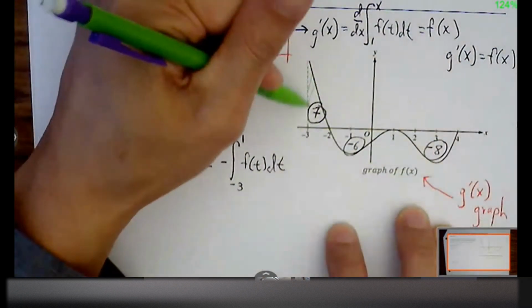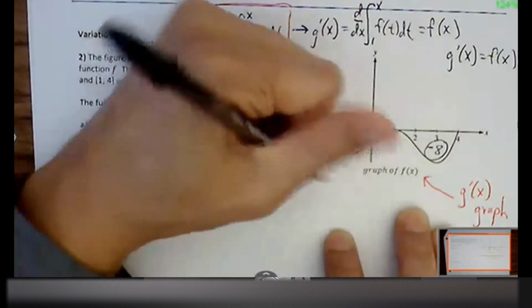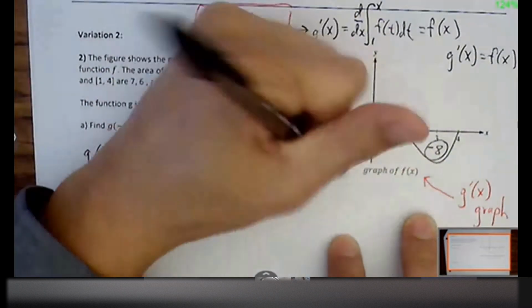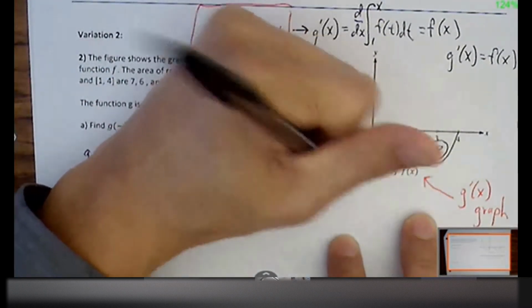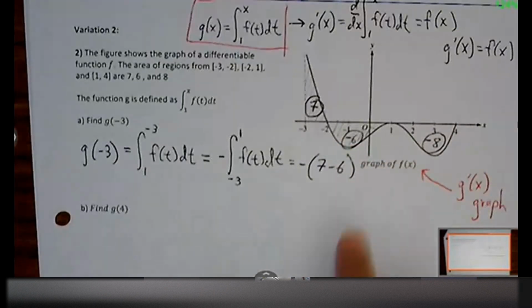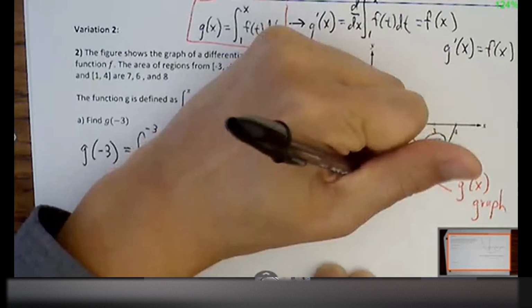And that's just these values here. 7 minus 6. Keep the negative outside so we don't lose track of it. 7 minus 6, exactly the sign as we can expect from them. And then 7 minus 6 is 1. We keep the negative, so therefore negative 1.